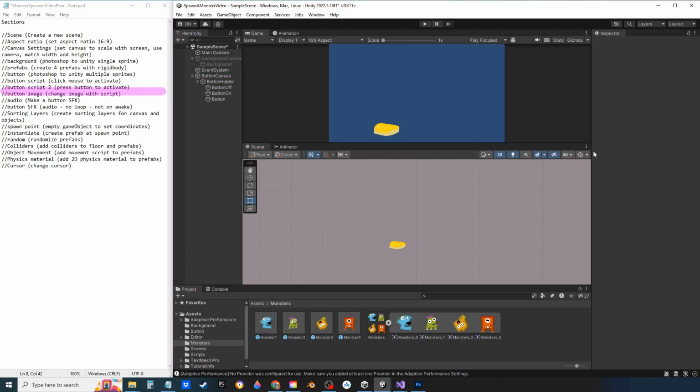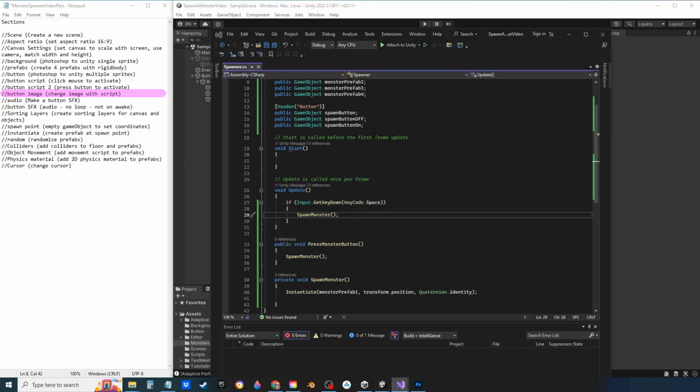Next, change the button image with the script. So there were 2 public game objects up here, spawn button off and spawn button on. One is the game button when it's off. That's its default state. That's what it starts with. The other is the button on when the button's been pressed. And I want to change between those 2 images when the space bar or the mouse button click the button